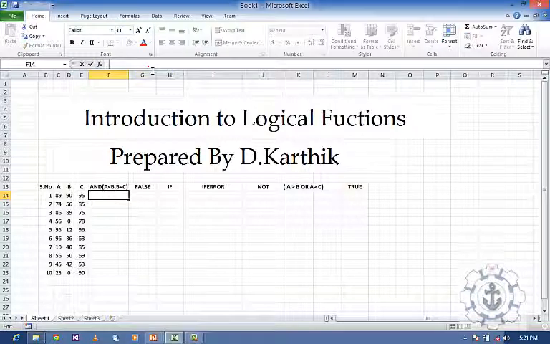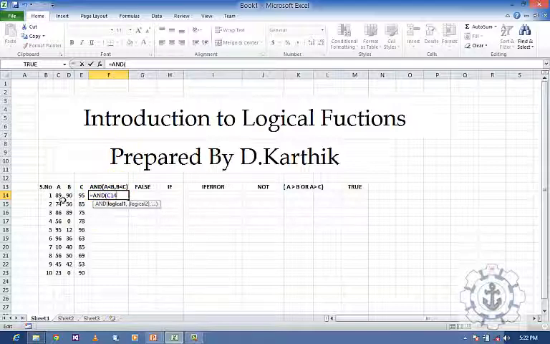So click on your formula bar, put equal to. Whenever you are going for a formula, you have to put equal to first. So AND. What I'm going to check is whether A is less than B as well as B is less than C. If both logics are true, this AND function will return true, or else it will return false.